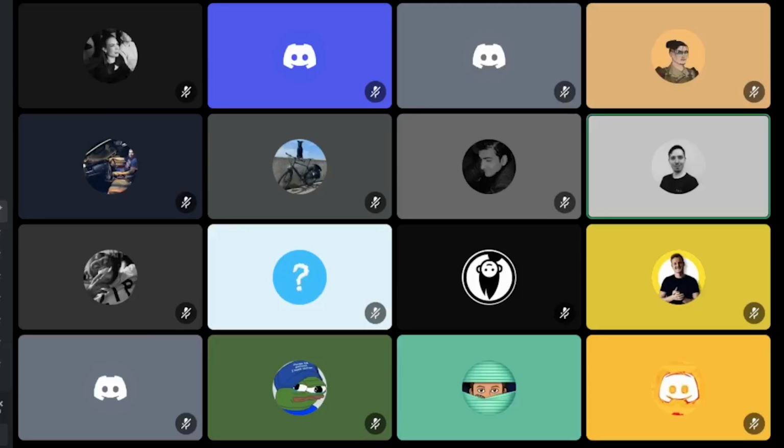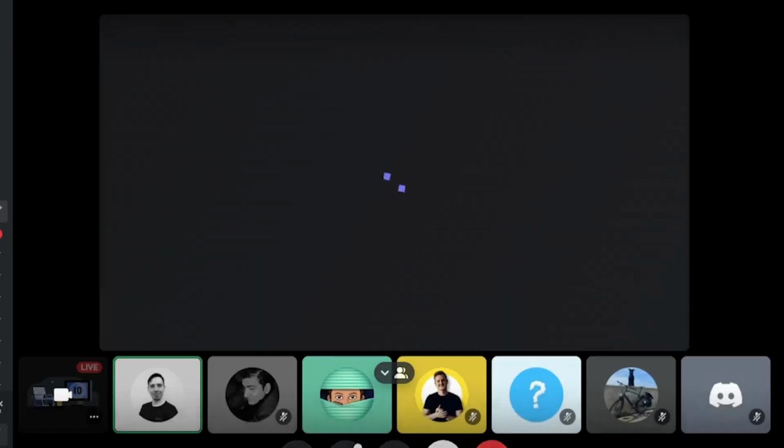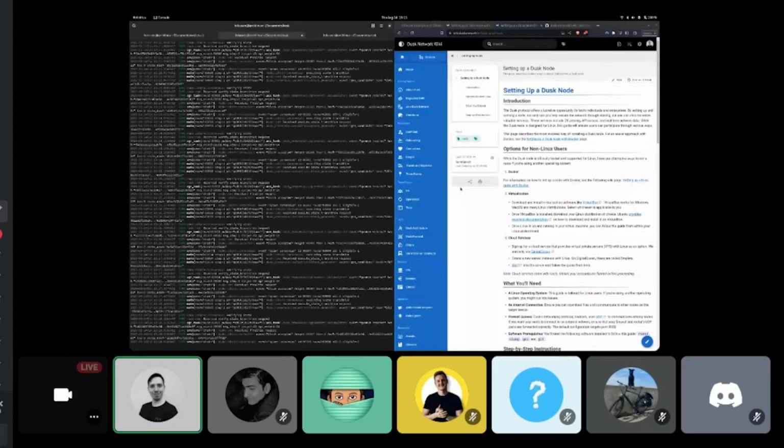Okay, then I'll go to the part about node running. So what we've done, I'll share my screen. The entire thing. So if everyone checks it out, what we've done is we've provided some documentation now on how to set up